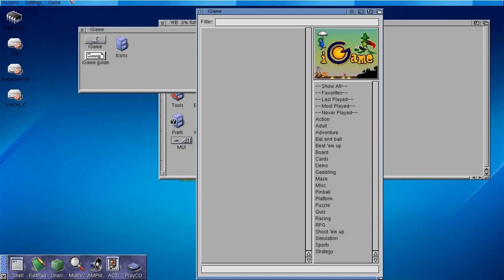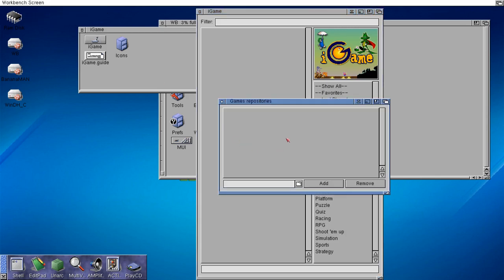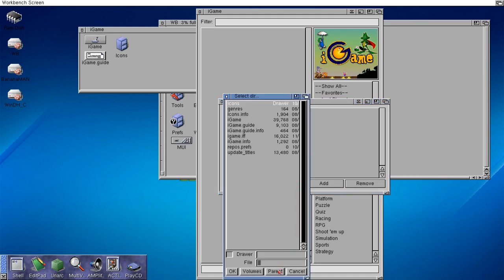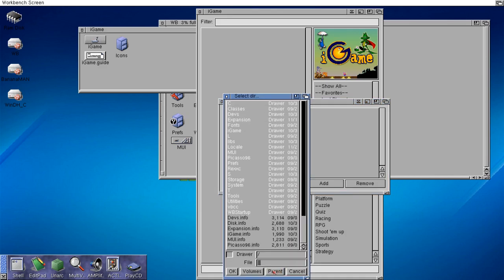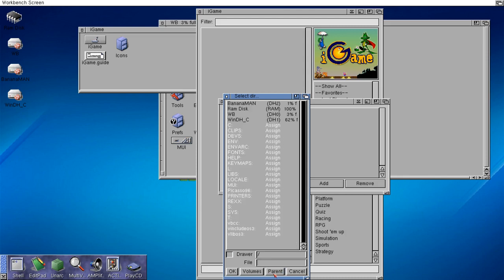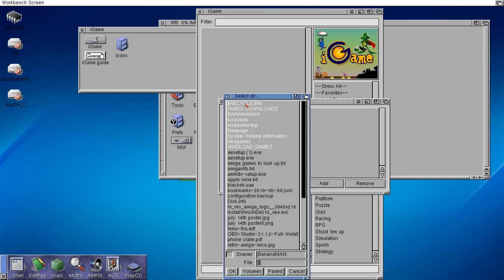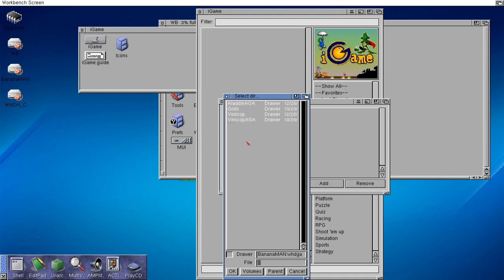So we're going to scan a repository. Now you have to go up to the menu and hit on the game repository. Click on the little folder right here. Go to parent. Click parent again until we find your hard drive where you keep all your WHD Load in the directory. Point it towards the directory of all your WHD Load games. I created a simple little directory,